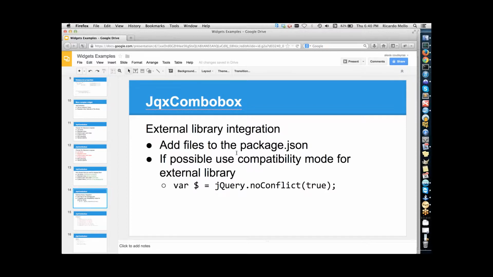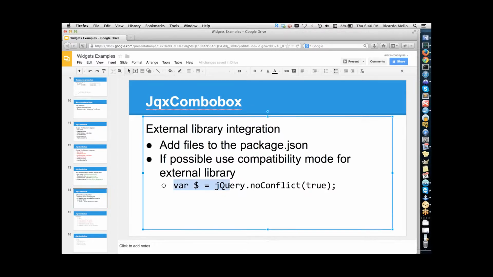jQuery has this method, which I can use, and it guarantees that in my widget I will use jQuery 1.10, and for the rest of my framework I'm still going to stay with 1.7. So